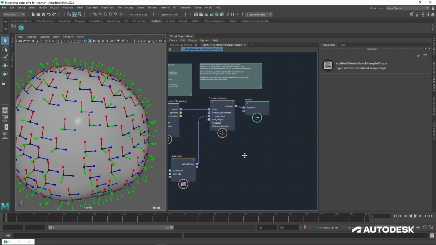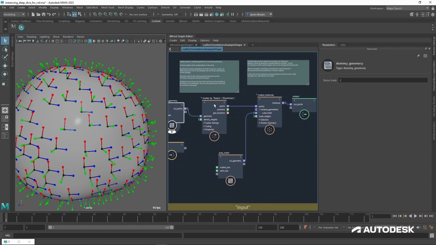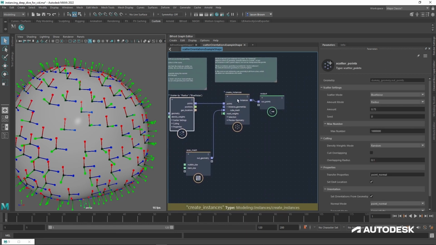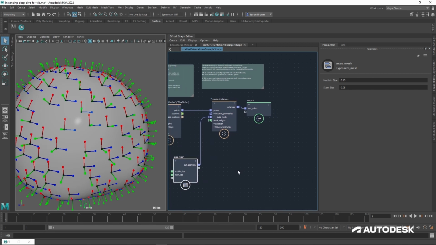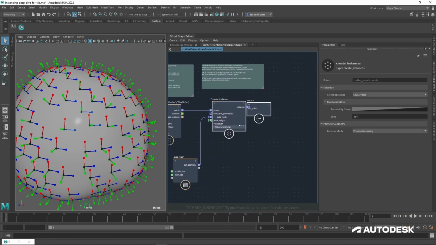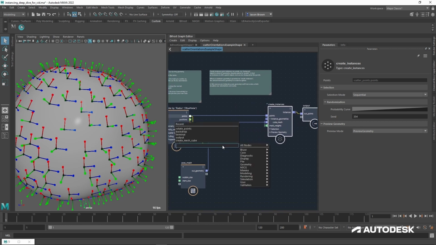And what's really lovely about it is it's exactly what we've just done. Here's some geometry. Here is a scatter. Here are some instances on that scatter, which are these axis objects, which is basically just a series of cubes and colors.